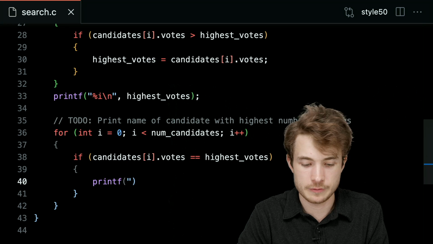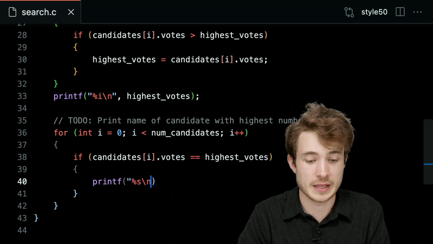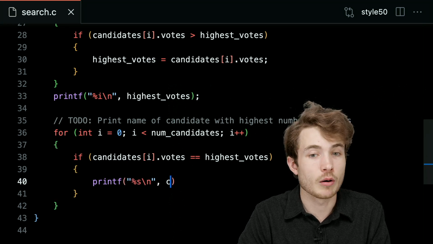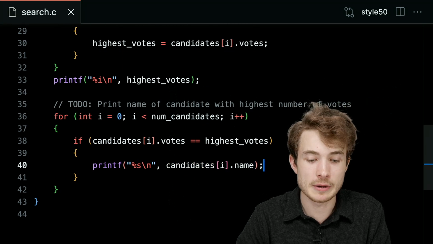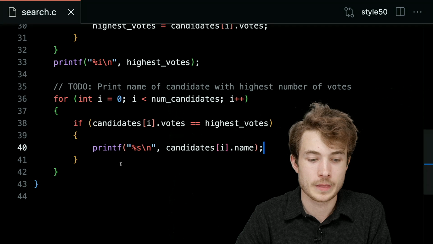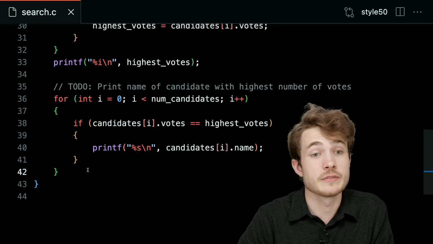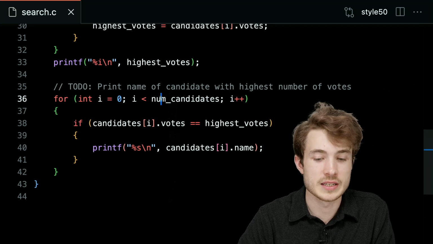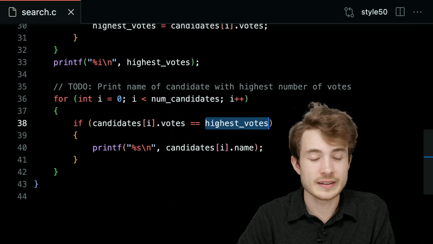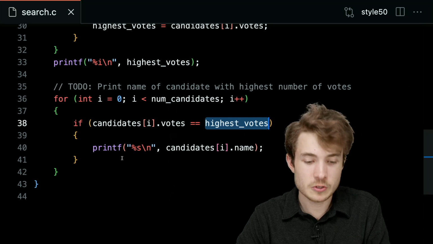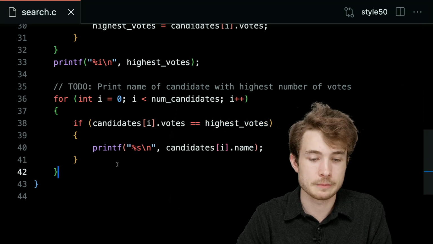So I'll say printf, and I'll do %s for that string format code, and now I'll use candidates bracket i dot name to get the name of this candidate. So now what I've done is I've looped through my entire array asking this question. Does this candidate have the highest number of votes? And if they do, let me print out their name.